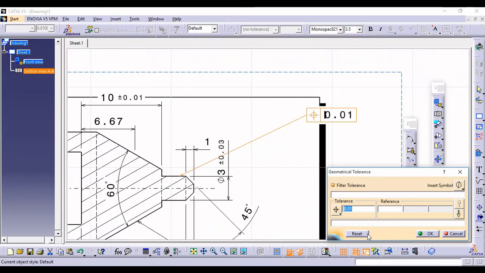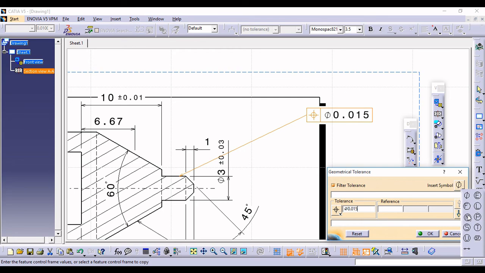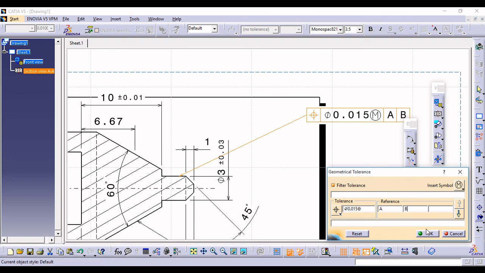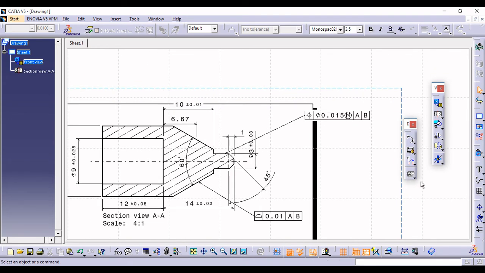So go here, insert the diameter symbol and type 0.015. Okay, and put here the maximum material condition symbol. Again go over here, put M over here, and with reference to A and B datum, surface A and here simply B, and say okay. So in this way you can come up with simple geometrical tolerances.